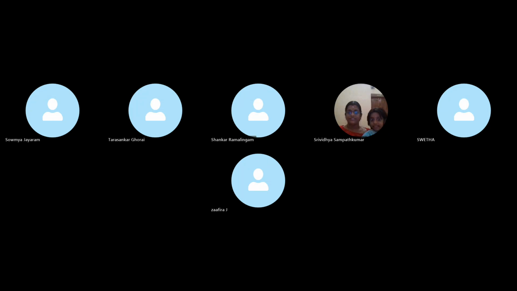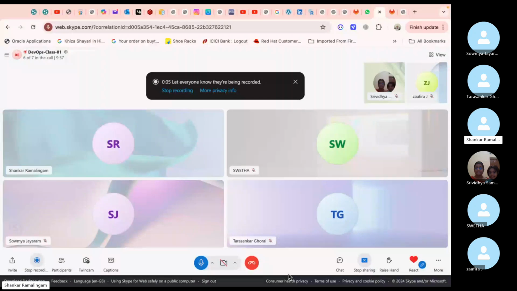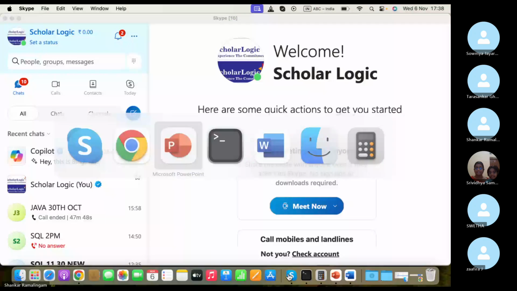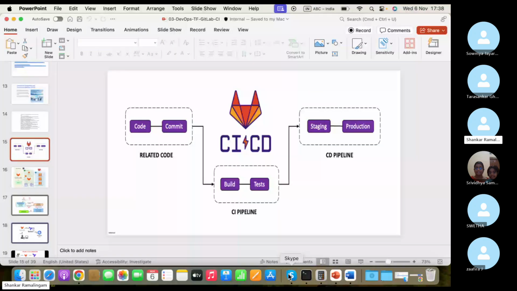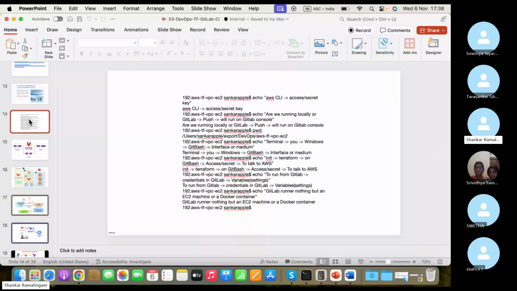Okay. So far what we have covered was Git, Terraform, how to create resources in AWS Cloud, what is the Terraform workflow, and how do we create different resources like VPC, EC2 instances, different EC2 instances like Amazon and Ubuntu instances. Today, what we are going to see is how do we convert this to